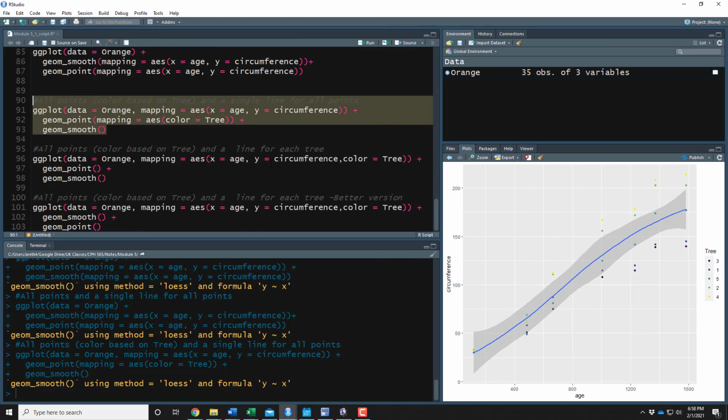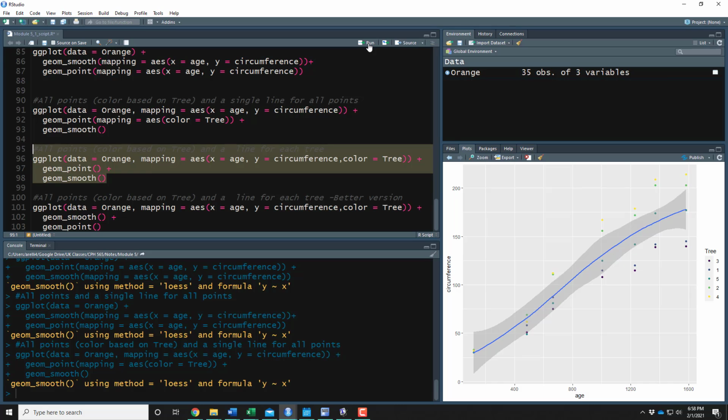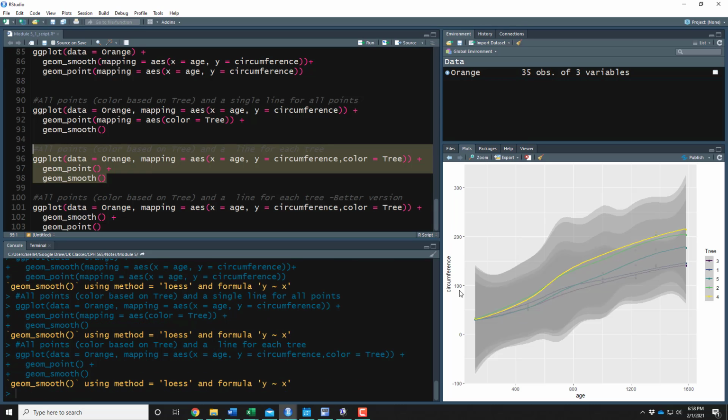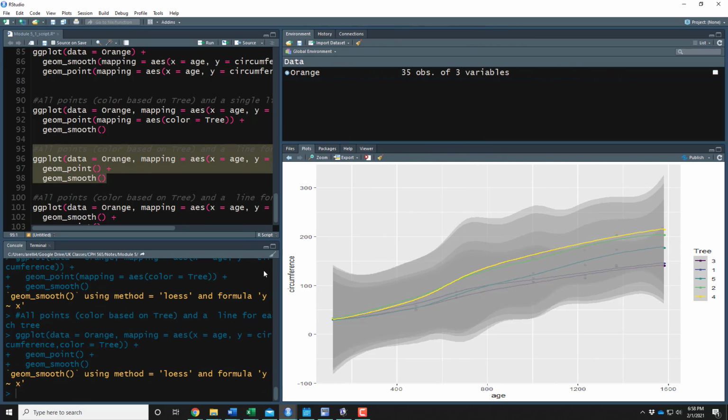So again, here, since I'm going to be using the same aesthetic for both the geom_point and the geom_smooth, I've just put it into the ggplot call. And so that's why when we call geom_point and geom_smooth, they don't have anything in them, because we've put the mapping up in the ggplot call. So we can run this. And notice if I make this larger,